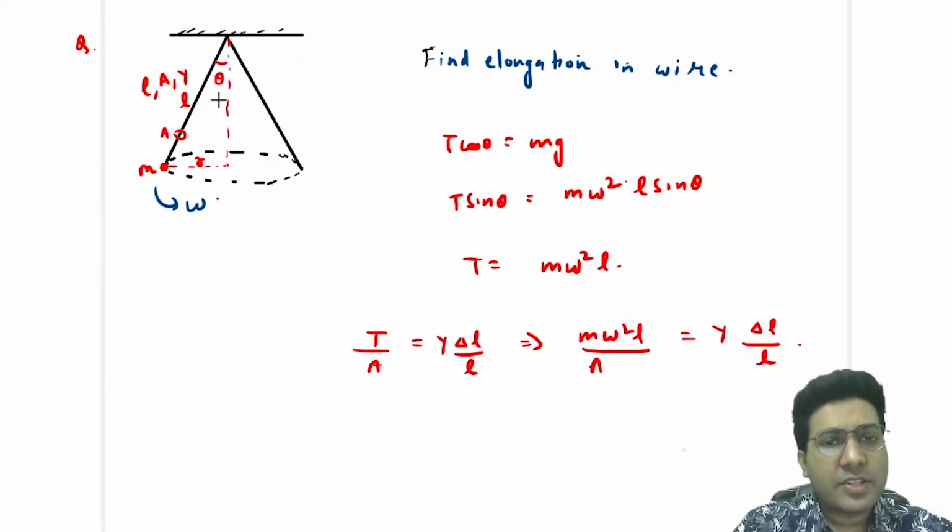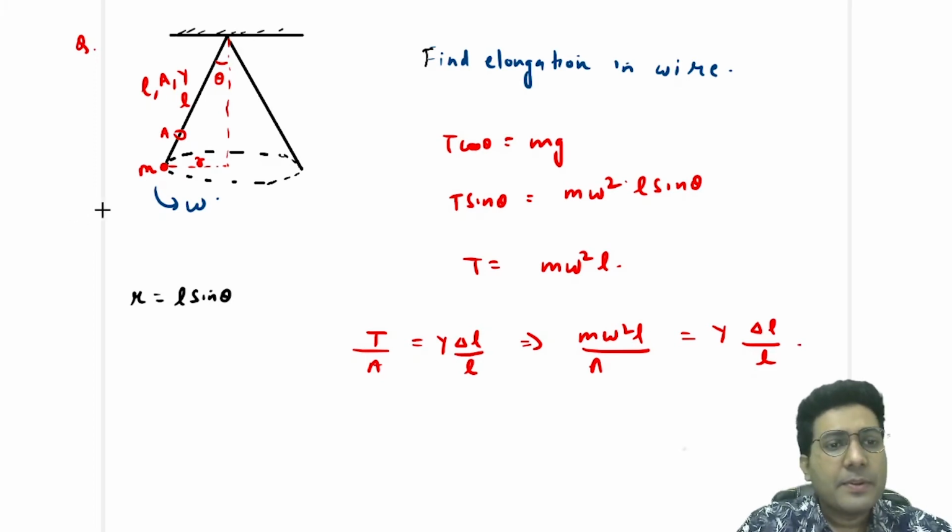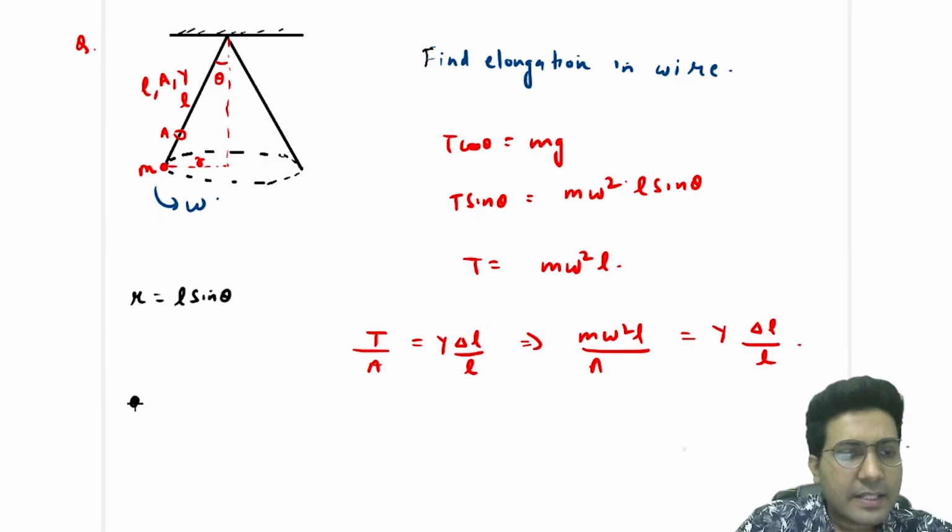Now, in this question, it is given that there is a conical pendulum, and this is a wire of length L, area of cross section A, and Young's modulus Y. A ball of mass M is attached on this wire, and this wire is massless, and it is performing circular motion of radius r, where r can be written as L sin theta. Theta is the apex angle of this conical structure. Now if you draw the FBD of this ball, you will see that there is a tension force here and there is a gravitational force.